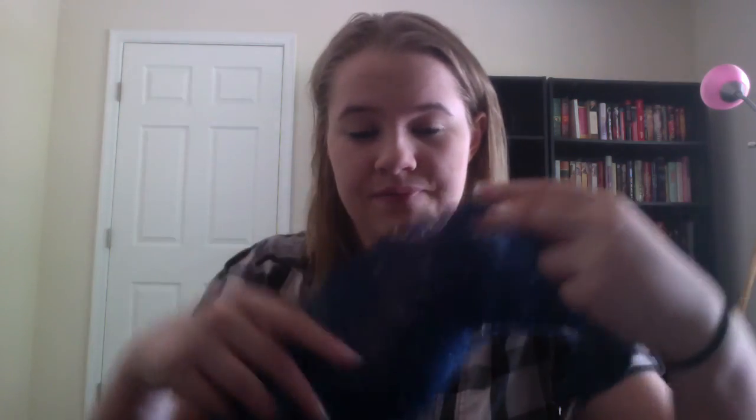But this is a lace weight yarn, really, really super thin. And I really like this project, but it's going to be big, and I haven't had the desire to work on it in a while. I am almost done with this first part, and then it starts to get really lacy in a little bit. So there's that. Okay. Next, I have,